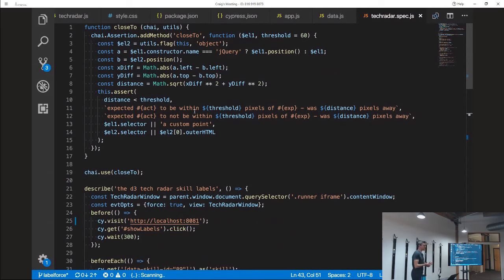I had an interesting problem trying to test the labels because they all use physics. It's kind of random and non-deterministic. It would be crazy to try and make assertions against fixed pixel locations of those labels because they could change at any time. So Cypress uses the chai assertion library under the hood, and I wrote a function to